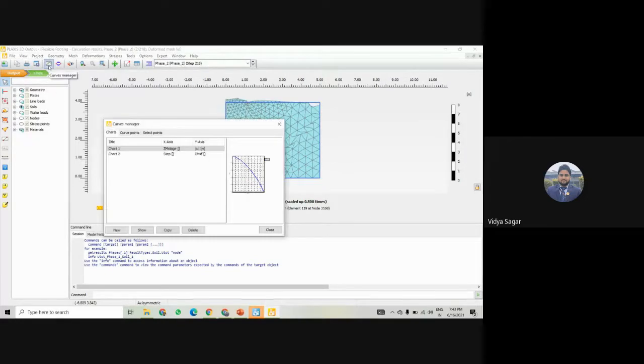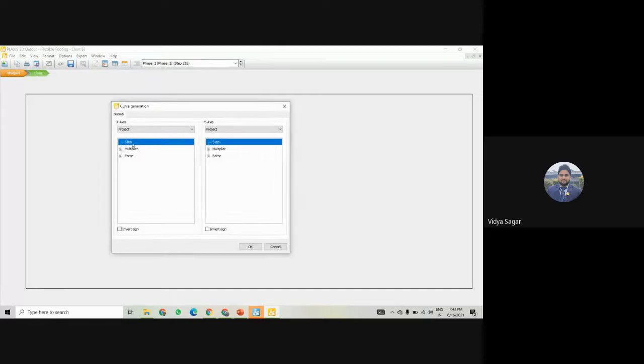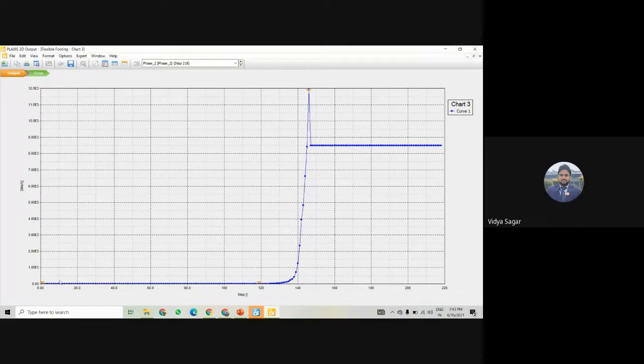So I'll click on here. I have already created the graph for the factor of safety, or we can create it from new. On the X side we will not create anything, and on this side we will create the factor of safety, which is the summation of MSF, which is denoting the factor of safety. So this is showing the factor of safety. The value is very high. I'm also seeing that the value is very high up to here. So exactly we can get it in slopes. So it is not for this purpose. Okay.